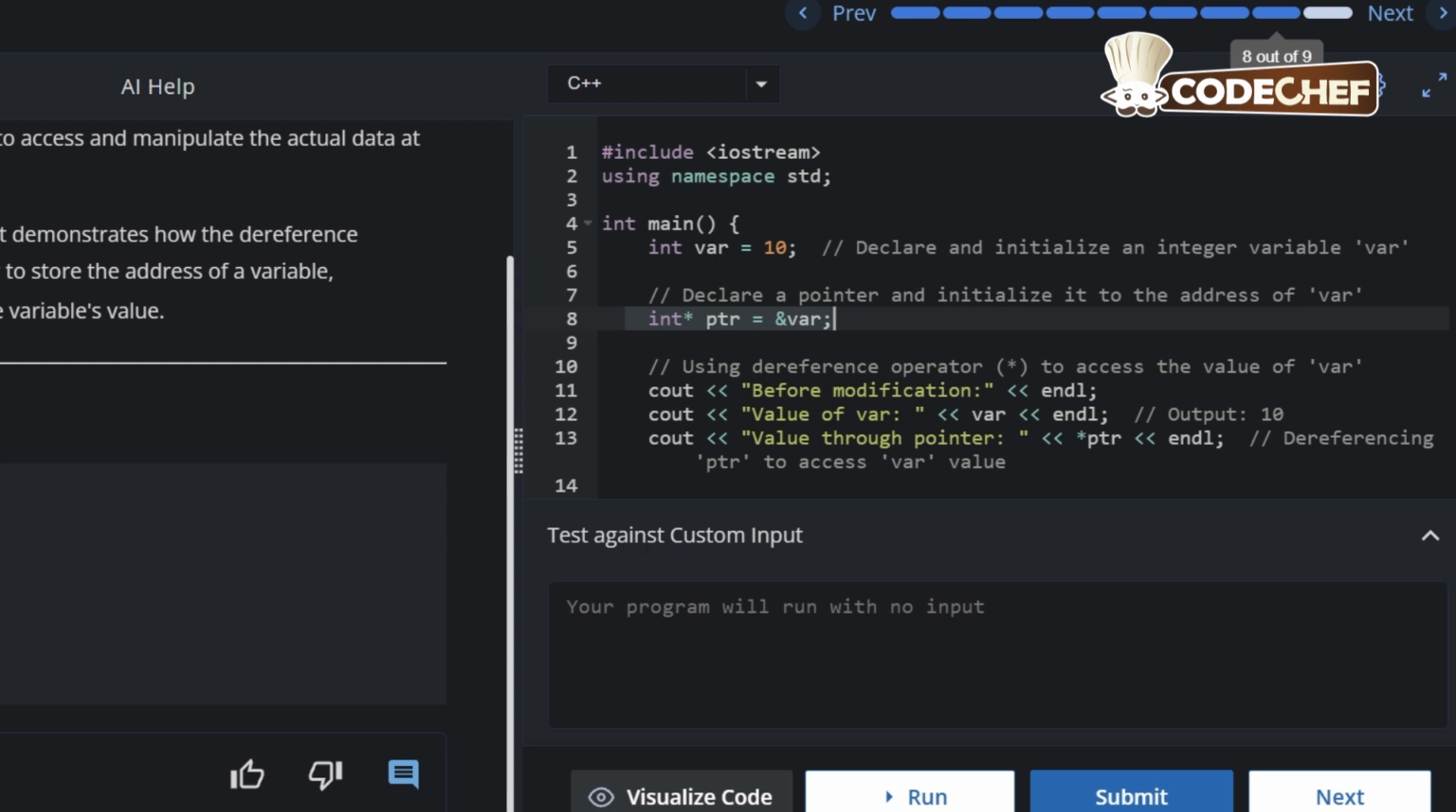So here we are declaring a pointer ptr and in that pointer we are storing the address of variable var. If you have any confusion with the concept of pointers, please go to the previous video in this playlist to learn more about pointers. Then cout << "Before modification:" << endl; cout << "Value of var: " << var << endl; Then cout << "Value through pointer: " << *ptr << endl;